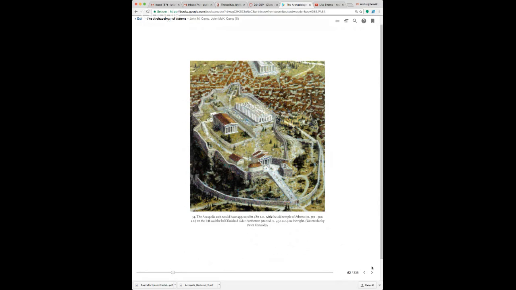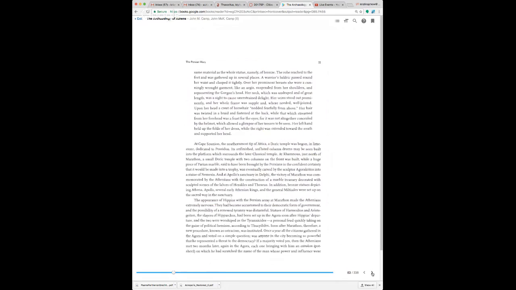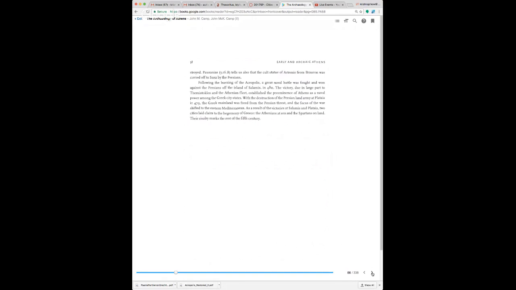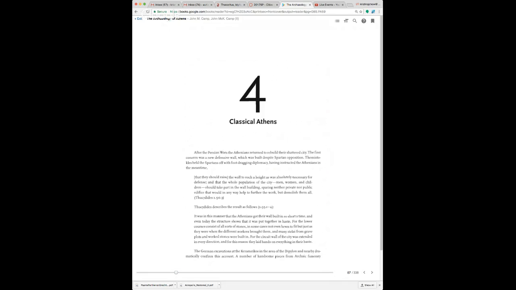Athens, of course, was a city. People lived in wooden houses, so all this was burnt too. So at first, the Athenians did not start to rebuild. But gradually, over time, they did. And as we'll see, it was under another ruler, whose name was Cimon, discussed in chapter 4, that the Athenians decided that they would rebuild their monuments that had been destroyed by the Persians. And they were able to do this because of Athens' growing power.